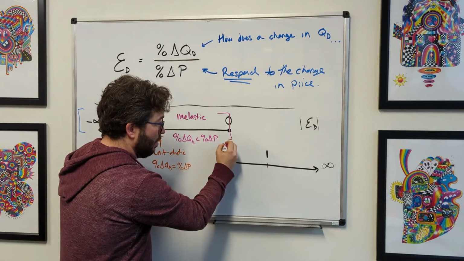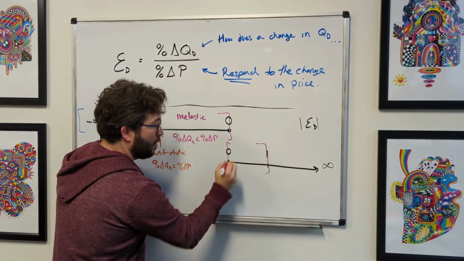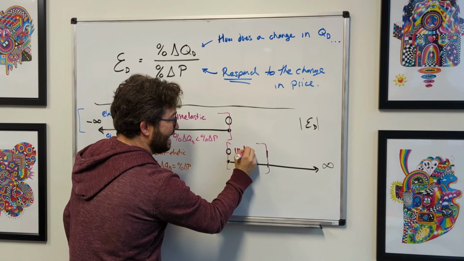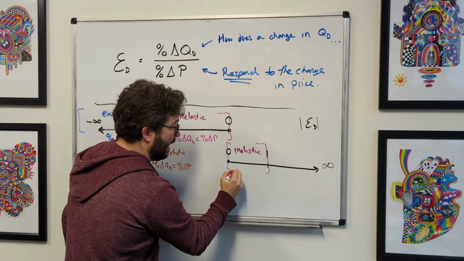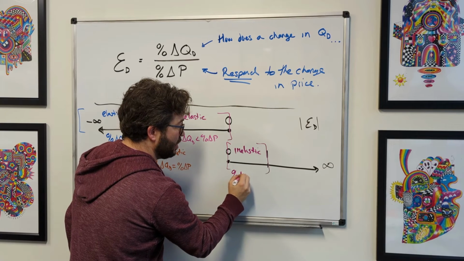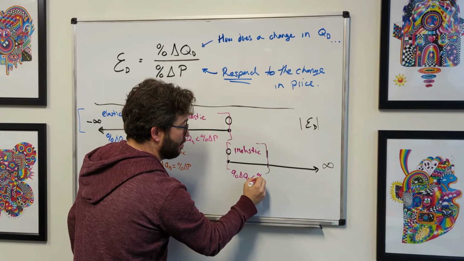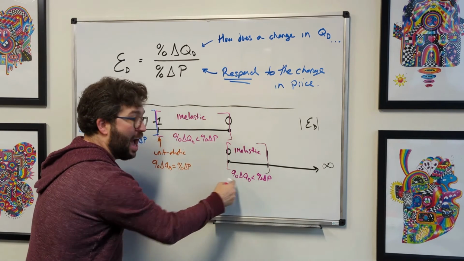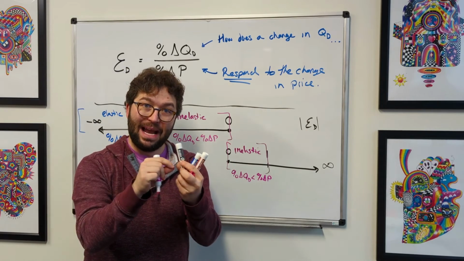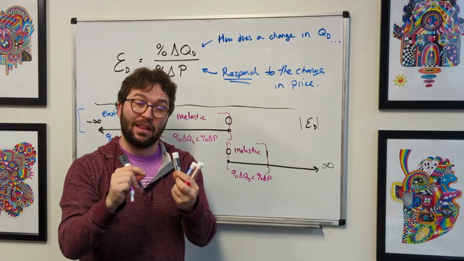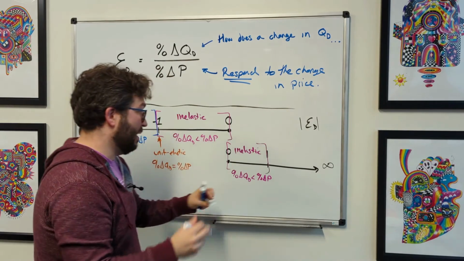From that 0 to that 1, we have things that are relatively inelastic, right? Again, that means that the percentage change in the quantity demanded is less than the percentage change in price. Not a big response. Think of a rubber band. It's not pulling, it's not responding a lot. It's an inelastic rubber band. Flip side,